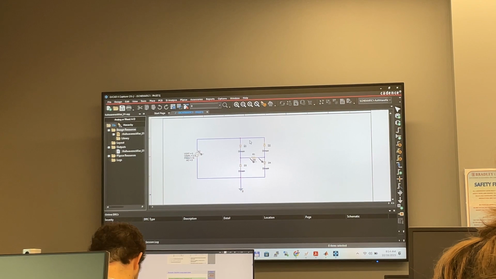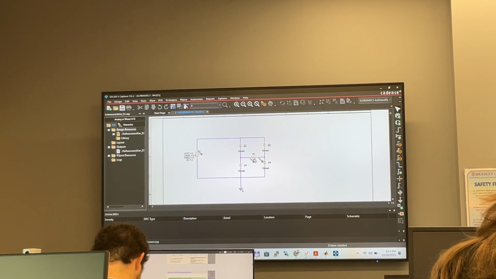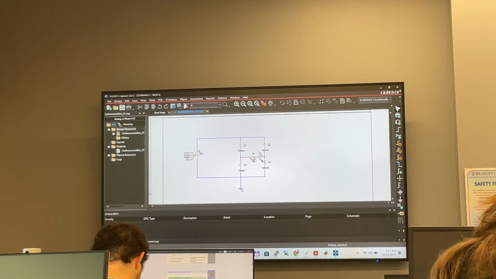So I have here the voltage. I want to show the input voltage, and I want to see the voltage across this resistor R1. So what I did, I put 2 probes right here. And this is basically